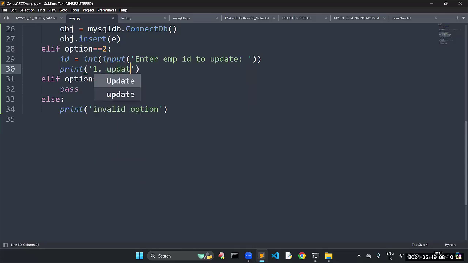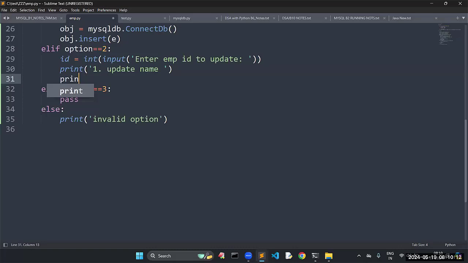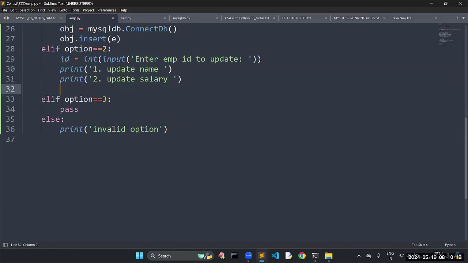One is we can update name, and the second one is what? We can update salary: update name, and then update salary. Two options are there. So again, I will ask the user to enter the option. So enter your option,